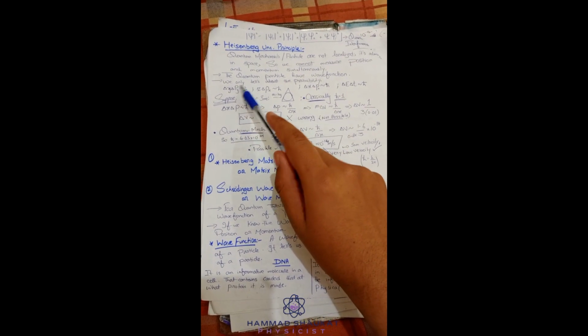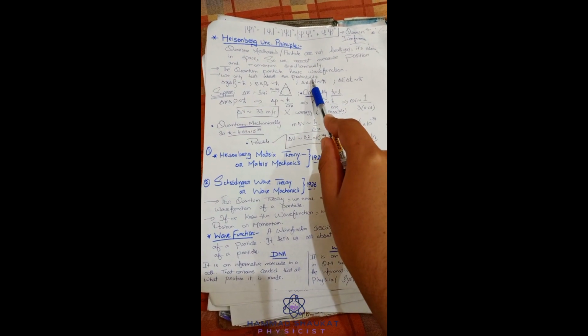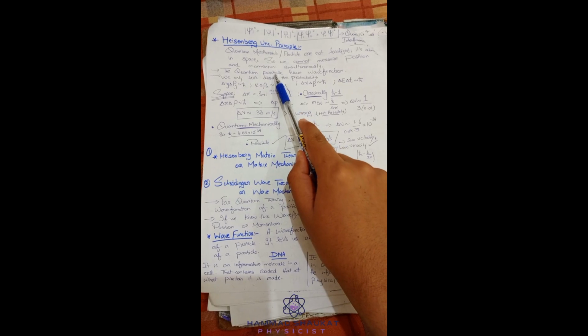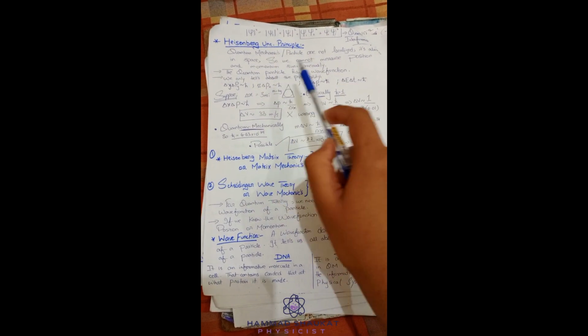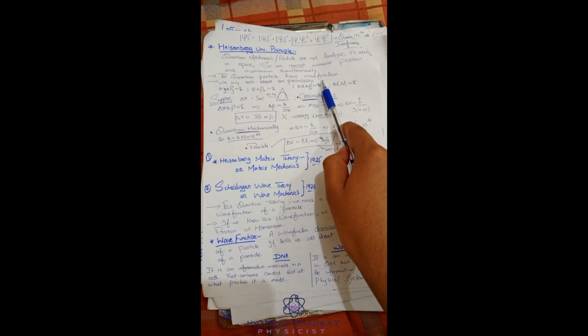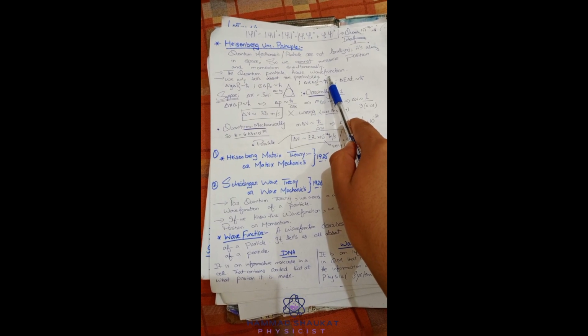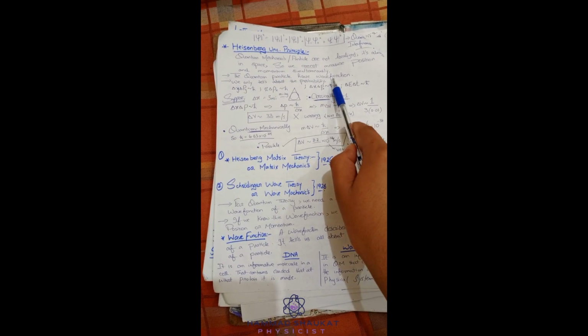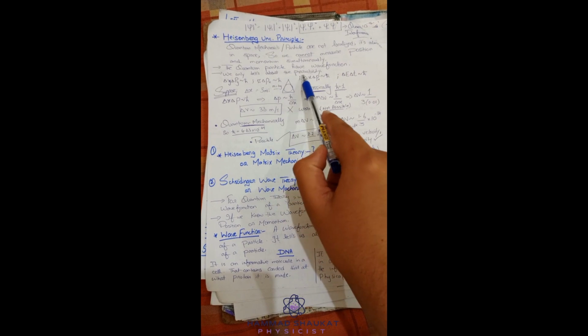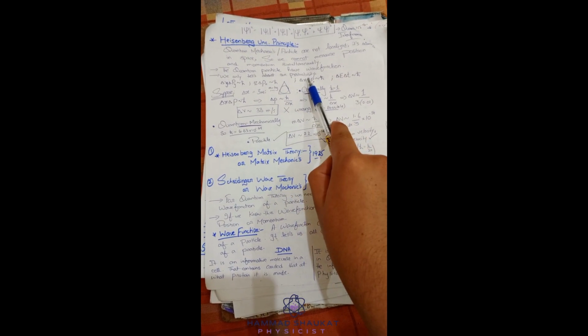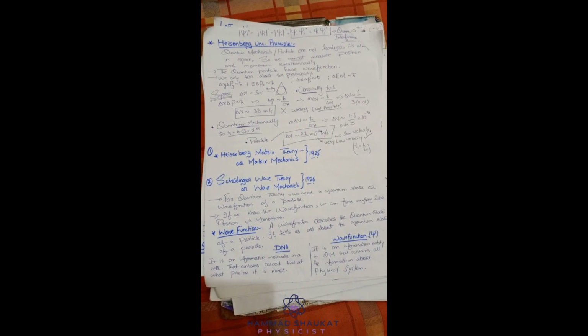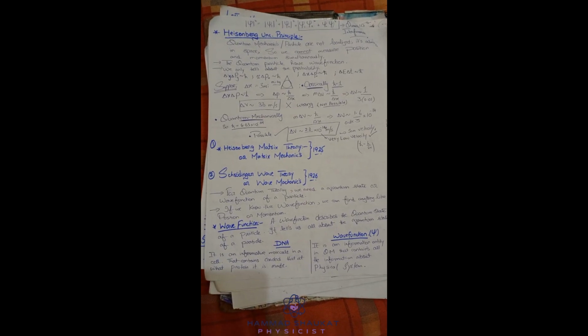So next, the quantum particle has a wave function. I already told you that every particle is associated with a wave function, so a quantum particle is also associated with a wave function, means it starts emitting waves. Wave function means waves. We only tell about the probability. In quantum mechanics, we know that it is probabilistic, not deterministic. Because it is probabilistic, it tells us only about the probability of the quantum particle.